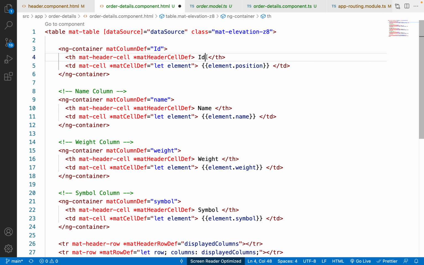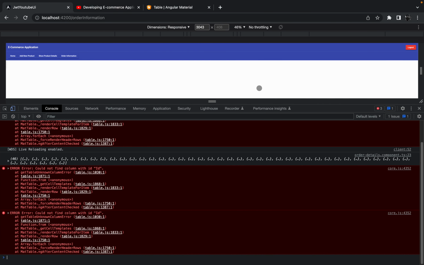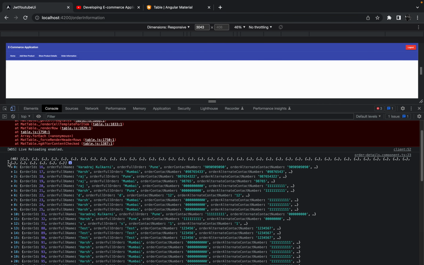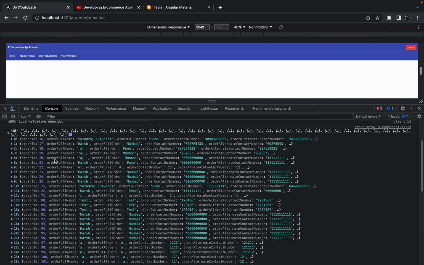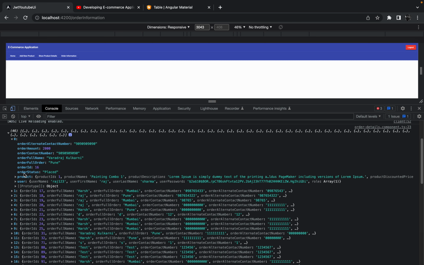Similarly, we can change the title. As of now, let's keep it as it is, like element part, or we can change it as well. So as of now we are able to see the 46 records. Among these, if I expand any one, we have the value that is order ID. If you just see inside the JSON,